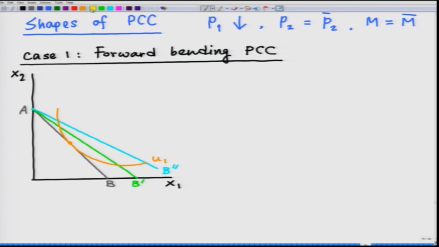Now, as price has fallen, the consumer now has made a tangency point between this budget line A B prime with this indifference curve depicting utility level U 2. Now, as the price of commodity 1 has fallen further, the new budget line has now created tangency with